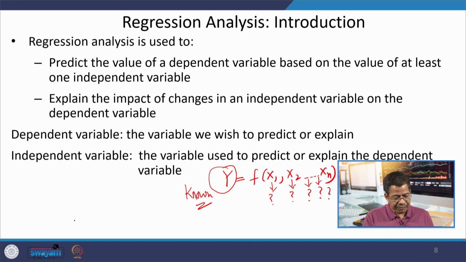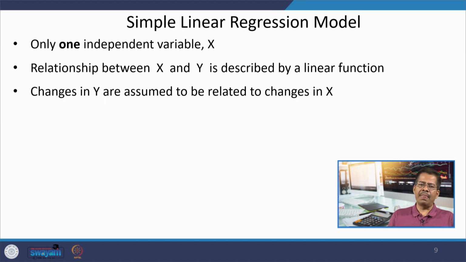That is number one. Second is developing a proper mathematical relation between this dependent variable and independent variable is another challenge, so that these independent variables with that proper mathematical expression can explain the variation in the dependent variable. So, these are two very important things which are required for regression analysis. Now, in this particular session, I am talking about a special type of very simple case of regression method, that is simple linear regression model,